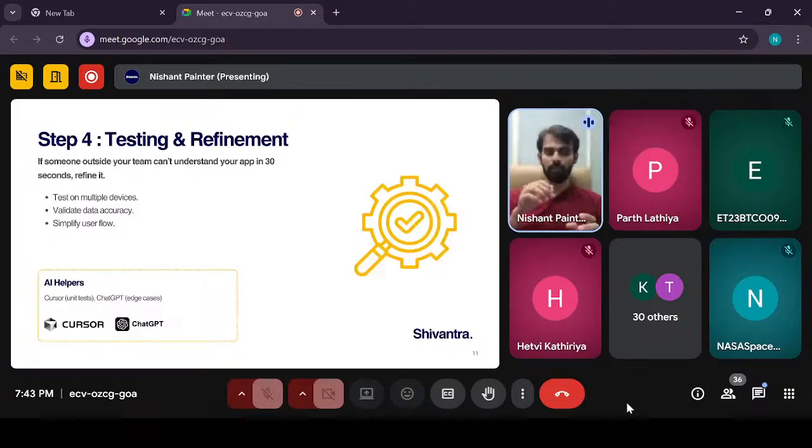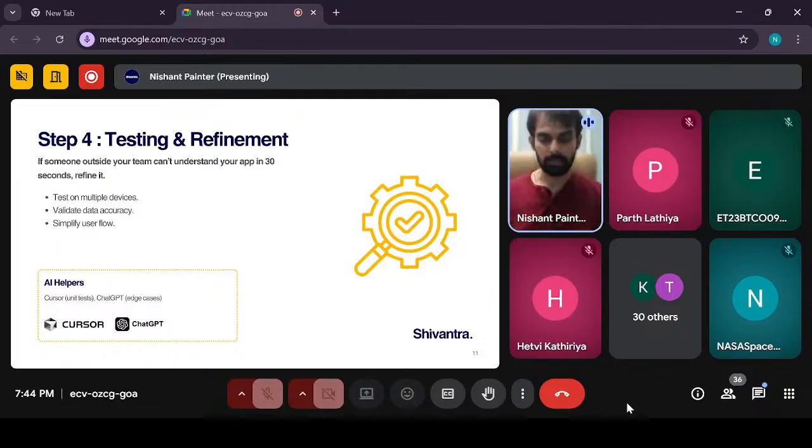So use AI here for unit testing and for edge case testing, which covers cases that are very unique. It's not very usual for them to happen in the application, but still there are certain things which need to be considered. For example, the user enters emojis in the input field. You need to consider this, right? So try to create these edge cases and unit test cases with the help of AI, and use them to test and refine your application.